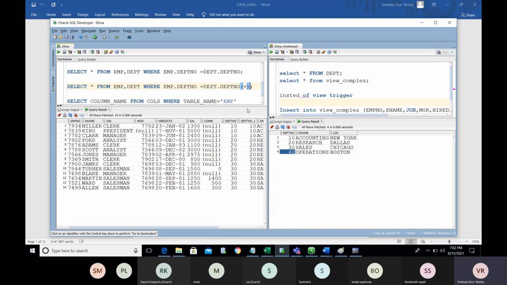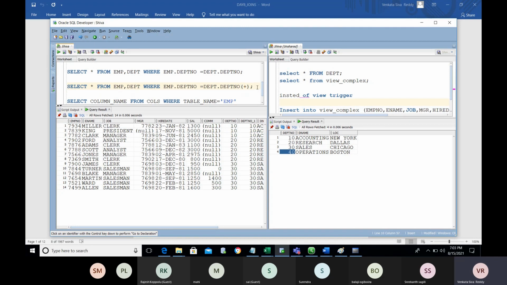So you are trying to fetch the data from the left side, along with any matching information. All records are matched with the DEPT table. There are no other records here, no non-matching information, so you are not getting any extra data. If you want to maintain the left join, you put the plus on the right side.